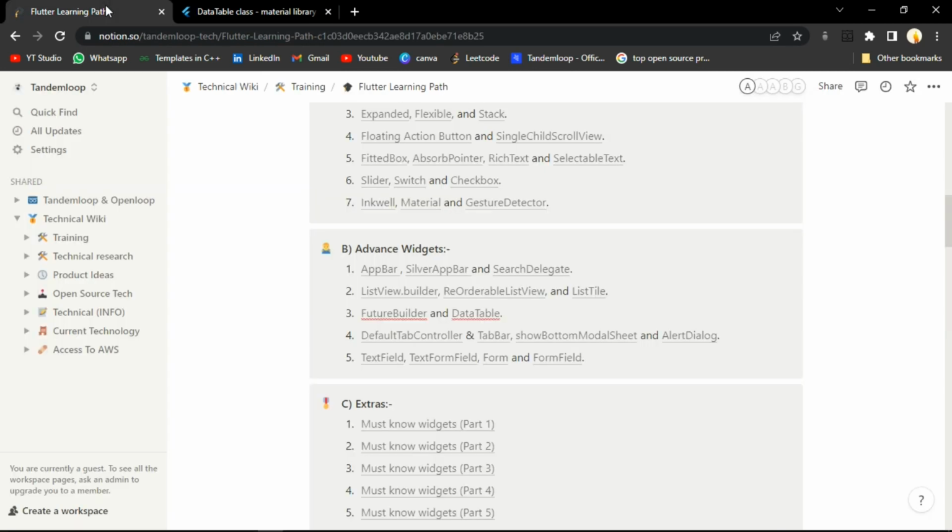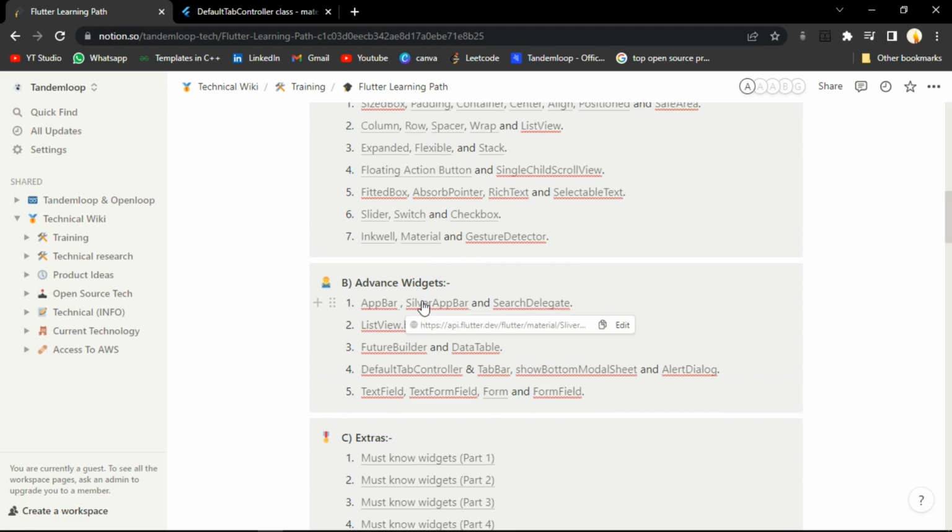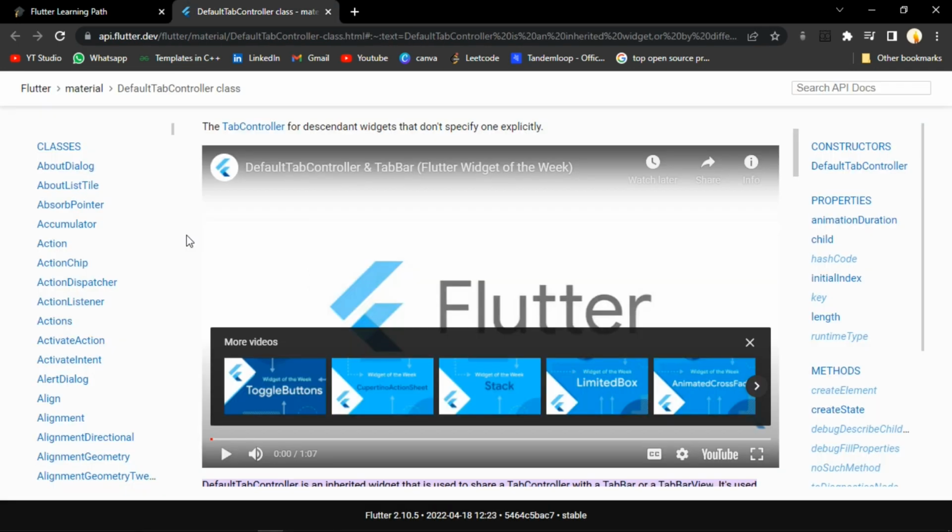Now let's move to the next widget that we have, that is default tab controller. So what if you want to cover the whole screen for a particular widget, but if you have 4 to 5 widgets, what will you do? And you want the whole screen for all those 4 to 5 widgets, what will you do? You can use tab control, default tab controllers for that. For example, let me show you